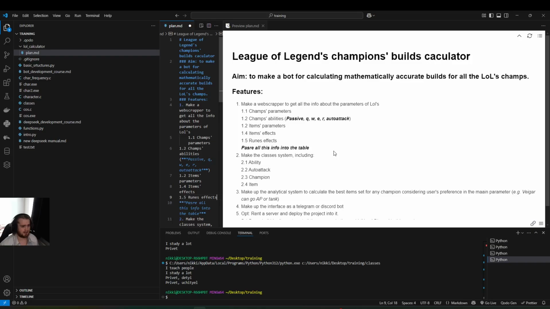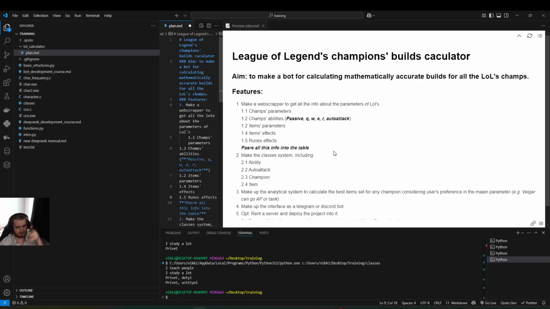But when it comes to calculating in an automatized manner, we will try finding the maximum of the functions, depending on the set of items.